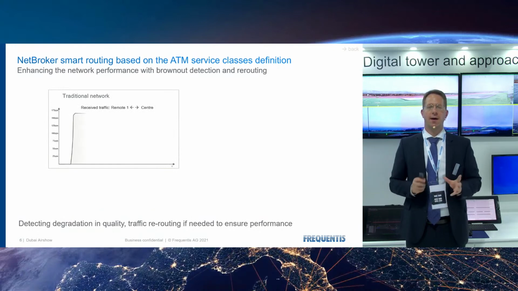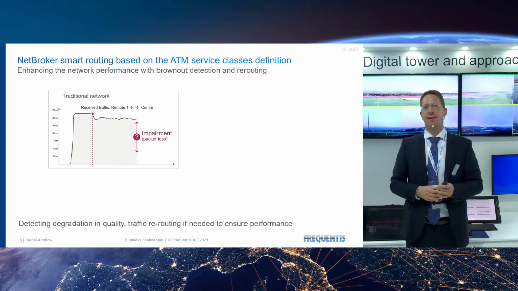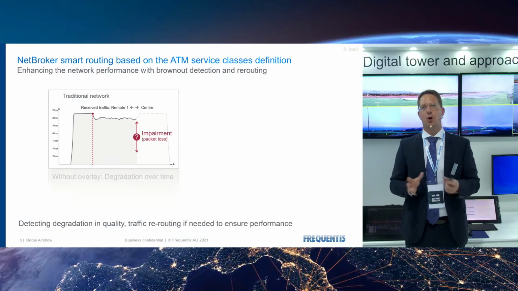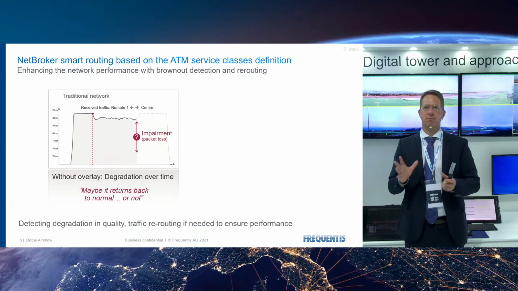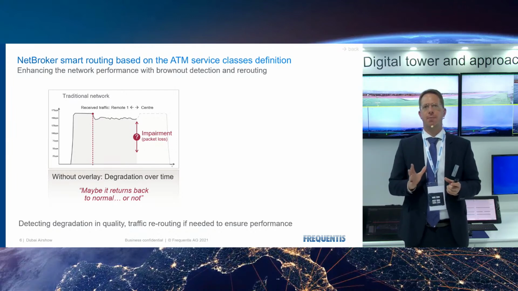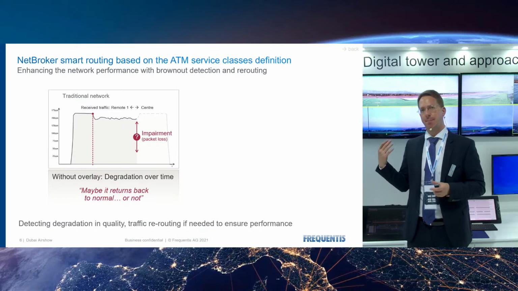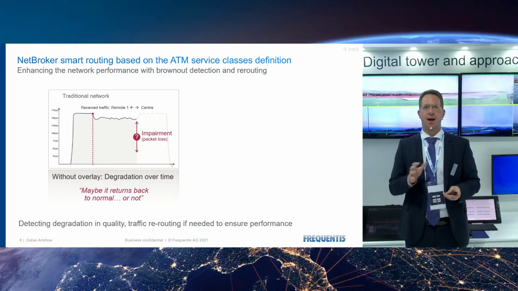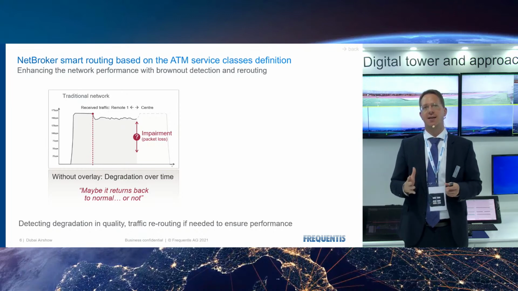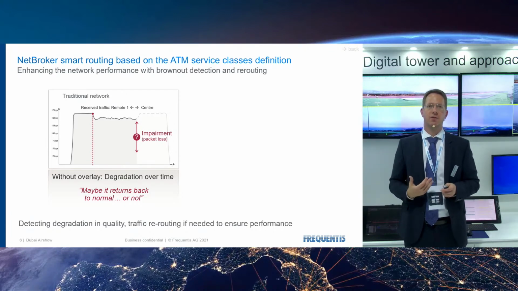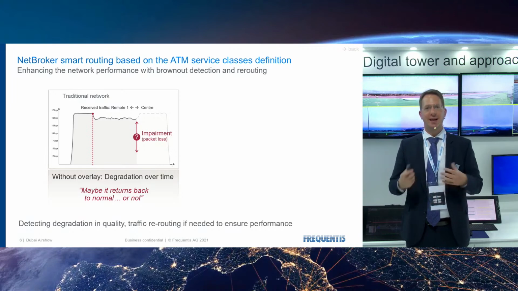One of the main problems is that a network seldom completely fails. Often it's the case that just one quality parameter slightly changes, which can have a huge impact on the video transmission, for example. In the example before, it was just a small degradation of the packet loss, which had a major impact on the video transmission. And with NetBroker, you can measure that and react on that.